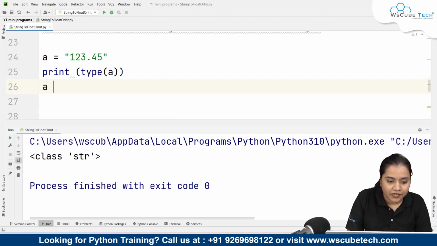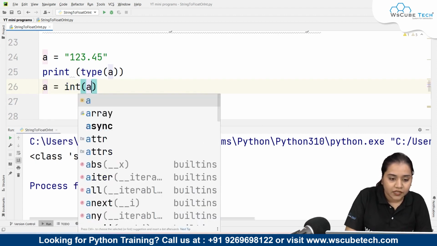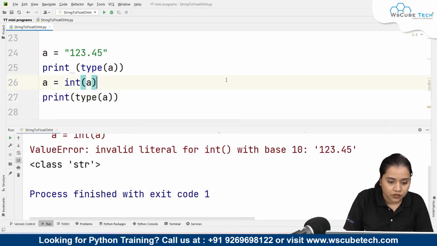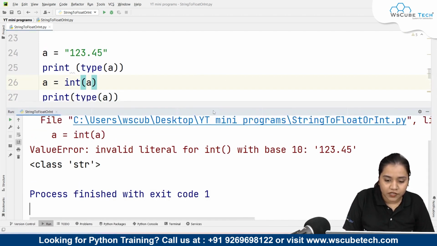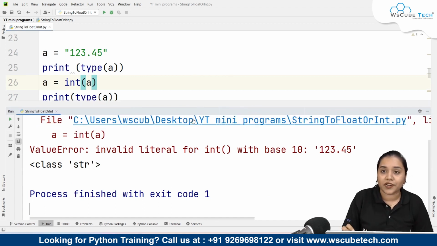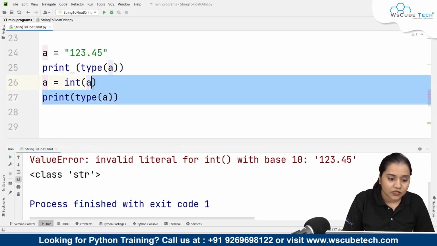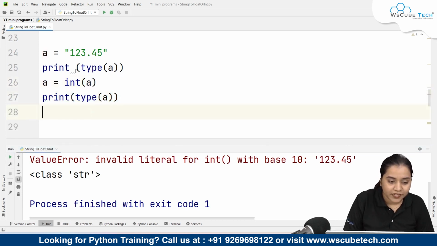If I write directly that A is equal to int A and print type of A, then it would generate an error over here because it is a float number. It cannot be converted directly, because this is a float, right? This is a decimal number. It cannot be directly converted into an integer. So how to avoid that from happening? What we can do over here is, instead of writing A is equal to int A, first of all